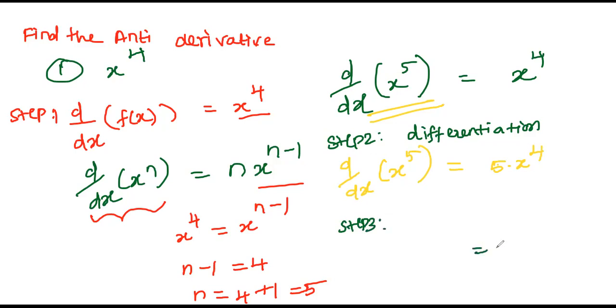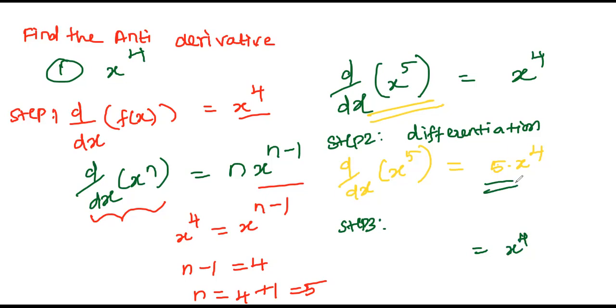In our question, they asked us to find the antiderivative for x raised to the power 4. So on the right hand side, you do have 5x power 4. You just keep the x raised to the power 4 alone on the right hand side. Move the other things to the left hand side. You do have a constant on the right hand side.